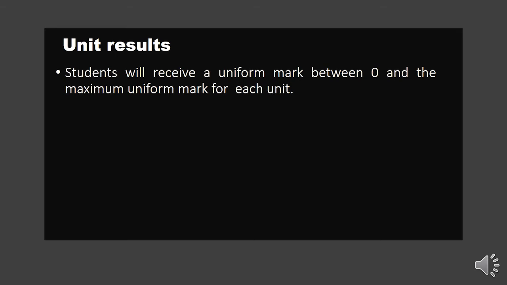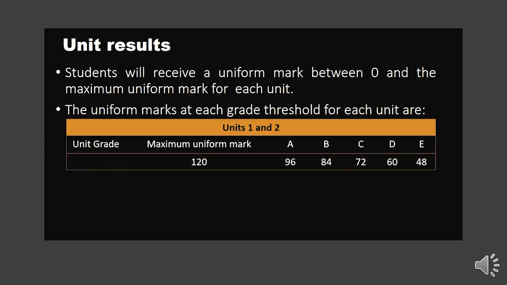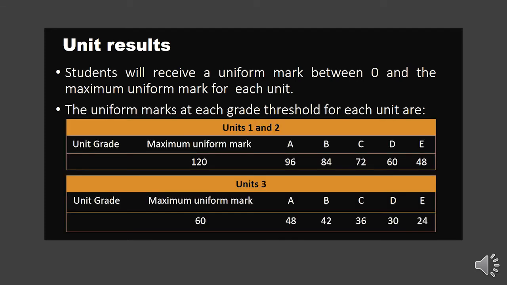Alright, now we will be seeing about unit results. So you may not be familiar with the unit results in IAL yet. So I'm going to discuss the unit results of unit 1, 2 and 3. Earlier you would have seen the marks that I showed you. Say for example, unit 1, I said the mark allocated is 80, unit 2 the mark allocated is 80 and unit 3 is 50 marks.